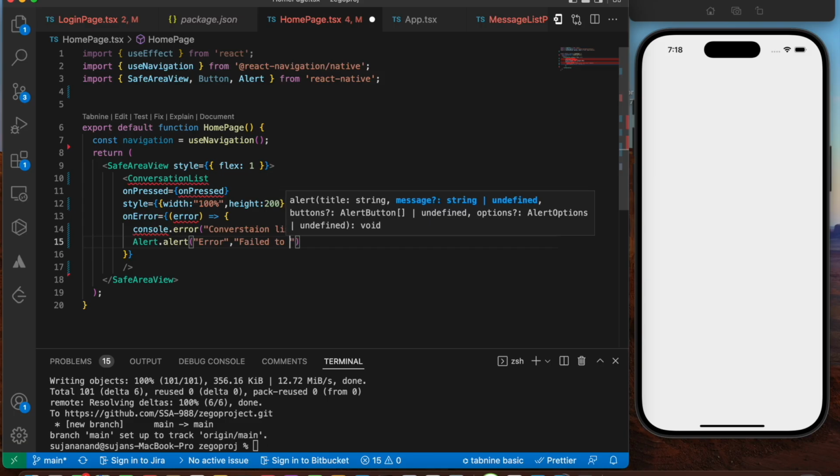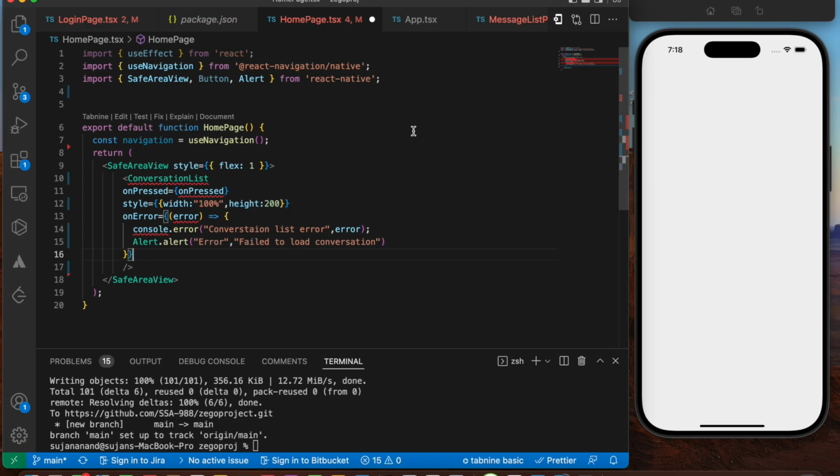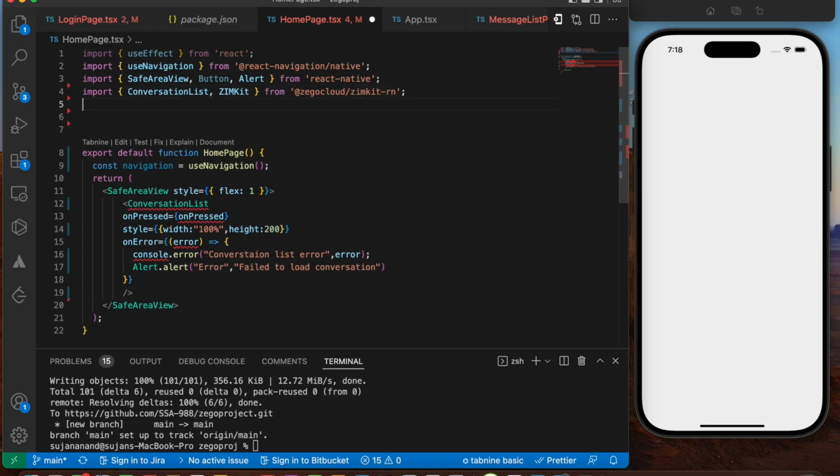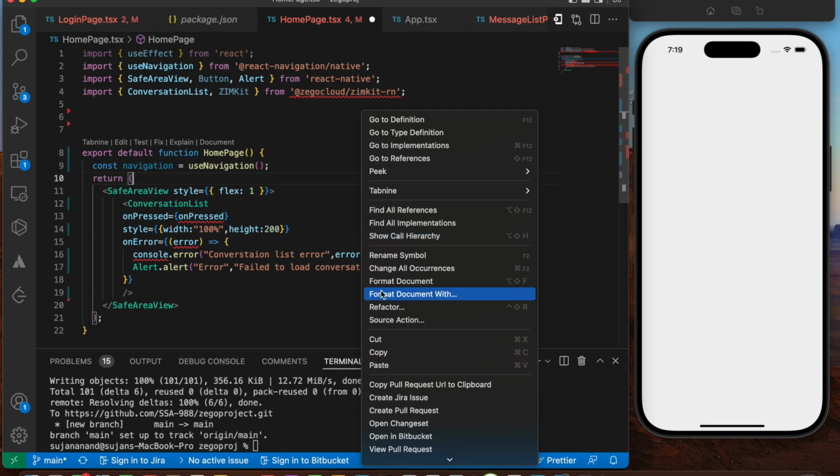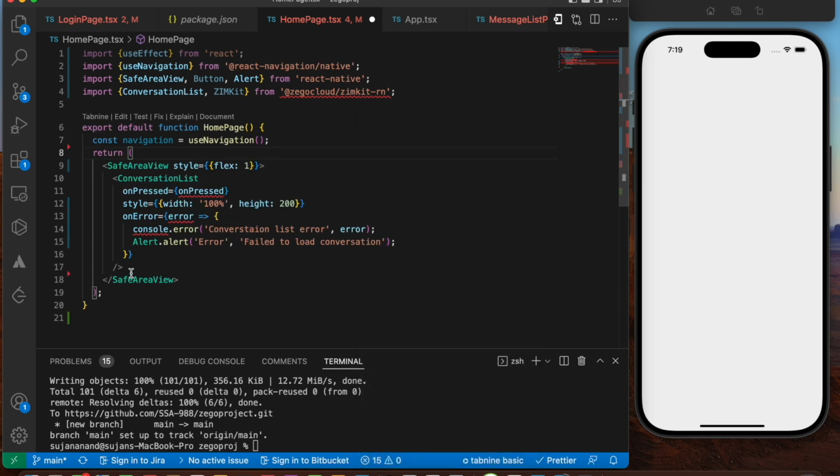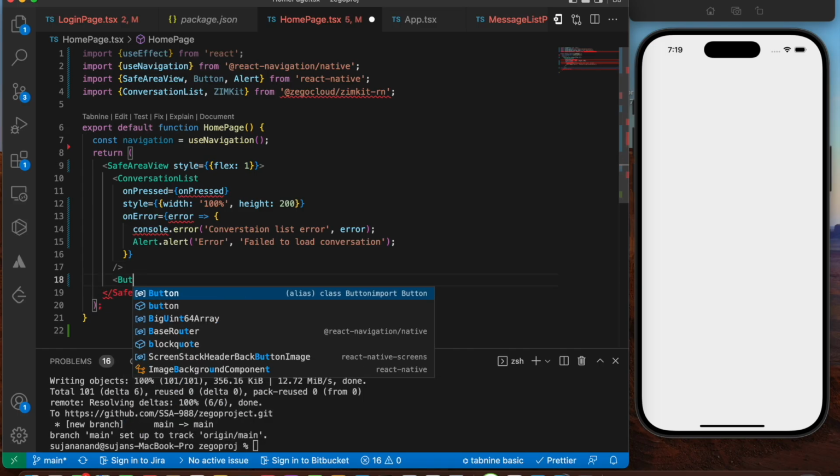I'm just going to say failed to load conversation. So let's try to import two things from the ZEGOCLOUD dependency, that is your conversation list as well as the ZIMKit. We're going to use the ZIMKit in just a bit. Below this we're going to have three options: create group chat, create single chat, as well as join group chat. So let's add a button over here,